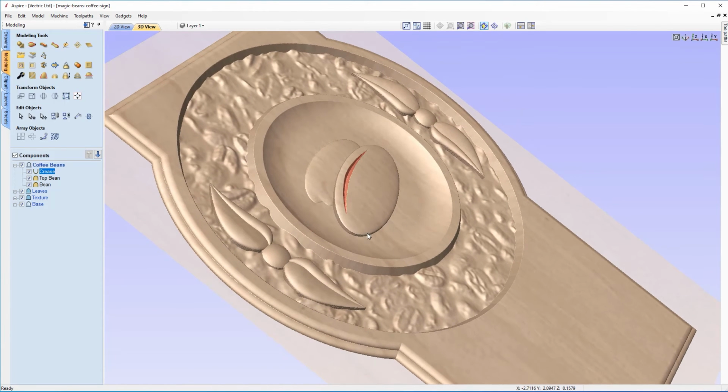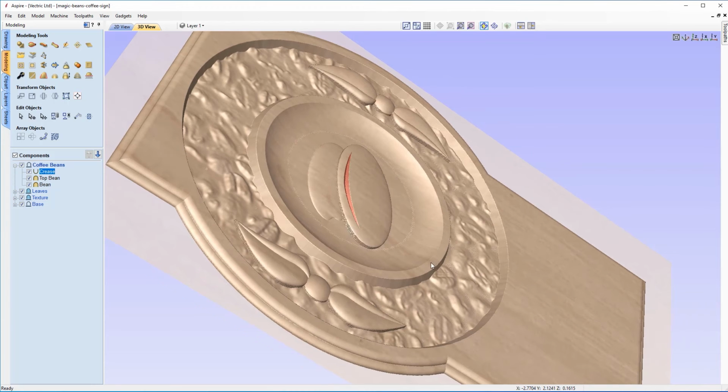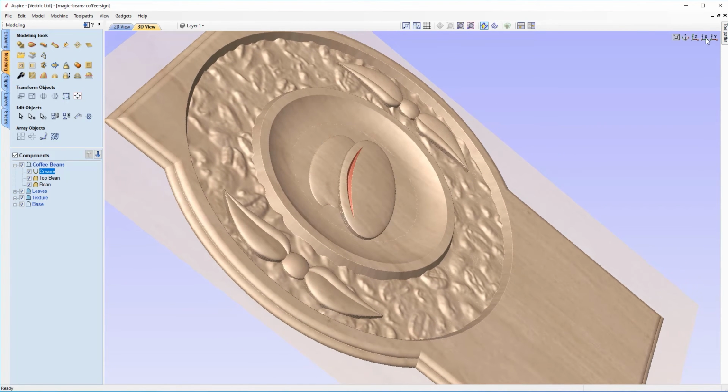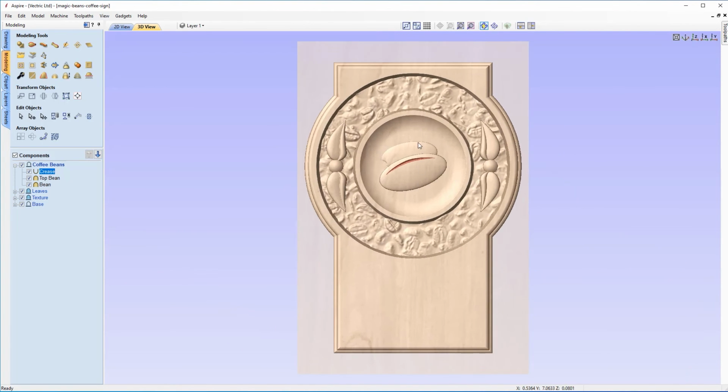And it's not until I've maximised this view and zoomed in that I've realised that the bean in the background has almost got lost inside the dish, so it's lacking that shape height. So what we can do is look at applying a tilt to a group of components, so the two beans together. And the first thing that we're going to need to do before doing that is to group these three